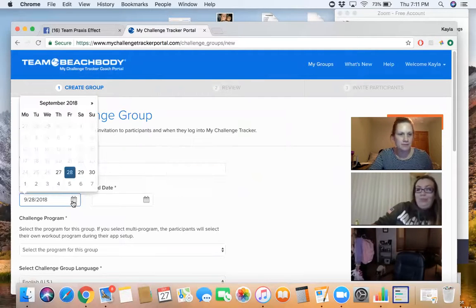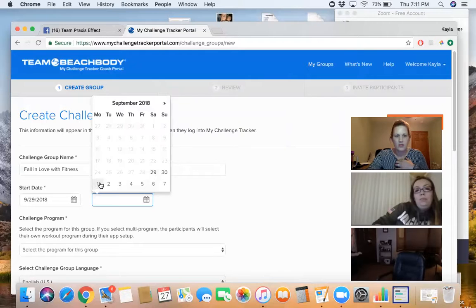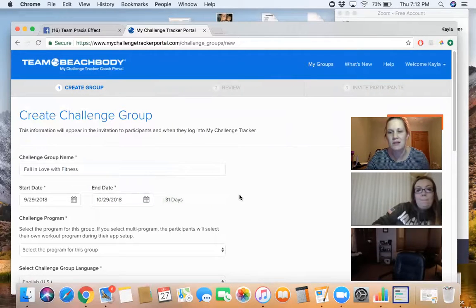So then start date. I will typically do a day or two before the actual first day of the group, just because I have a couple posts that I'll throw up before we actually start. So I usually start the Saturday or Sunday before the first day, if we're going to start on the first. And then end date. I usually do a preseason week, so that would be this week. And then weeks 1, 2, and 3. This would be the third week. And then I do a day afterwards. So my groups are usually 31 days.